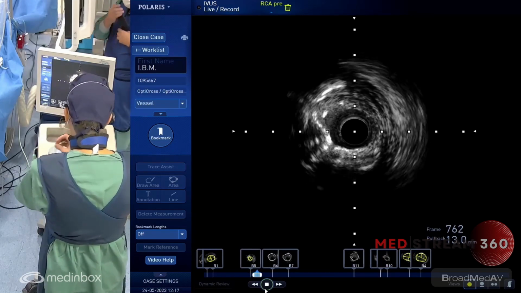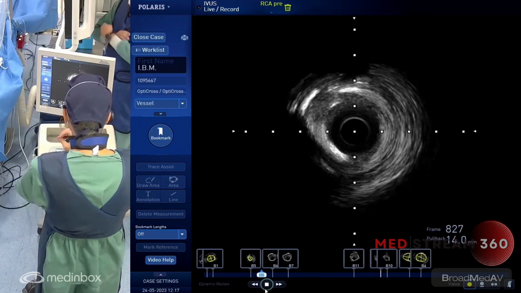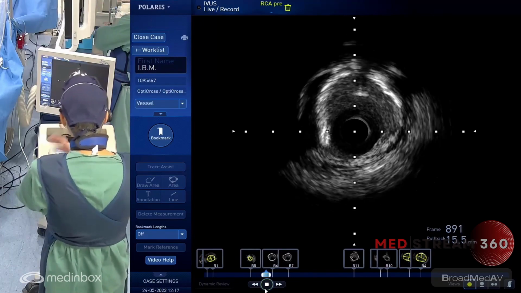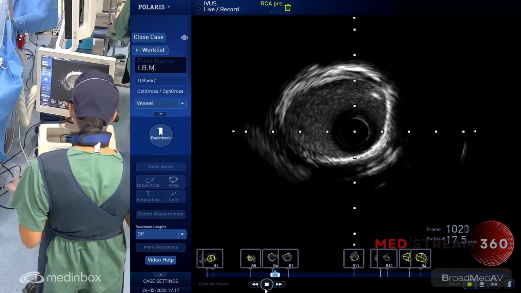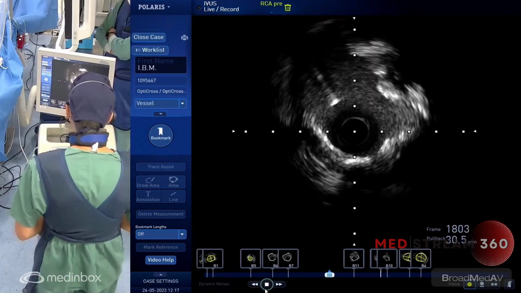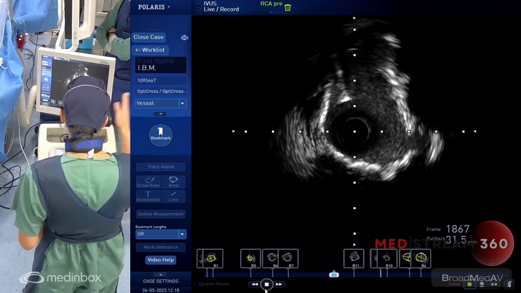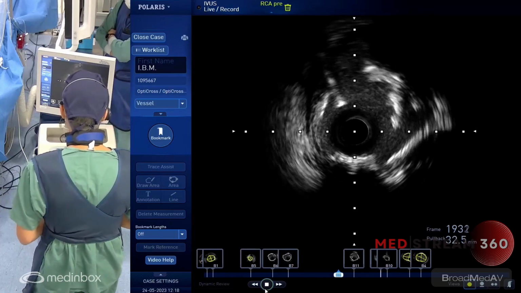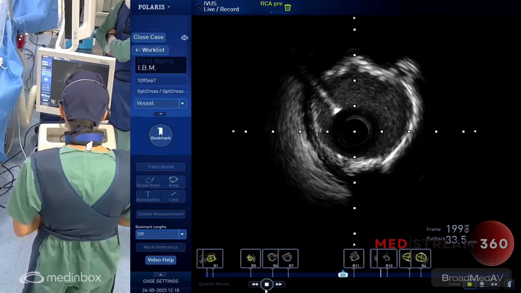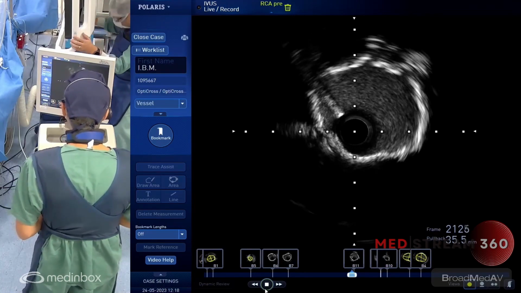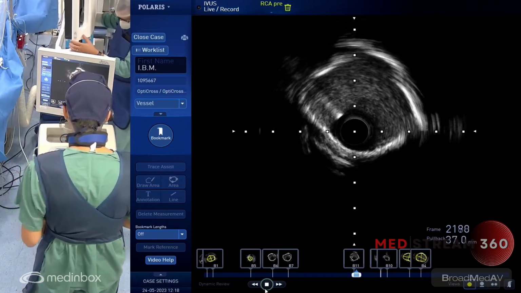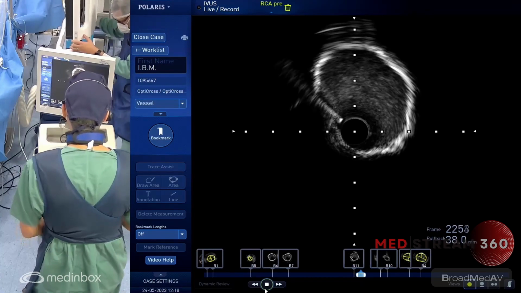I would say the tightest point is more heavily calcified, but in the other proximal and distal segments here, we have some calcification between 9 and 180 degrees. And we start to see some nodules of calcium between 3 and 5 o'clock. Very nice to see some calcification here and what appears to be a dissection, a nodule, maybe after the pre-dilatation. And now we're going to come to